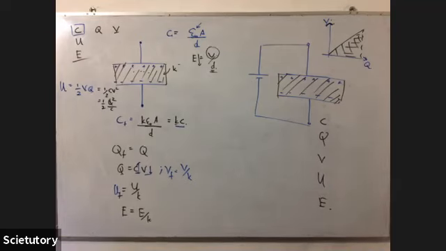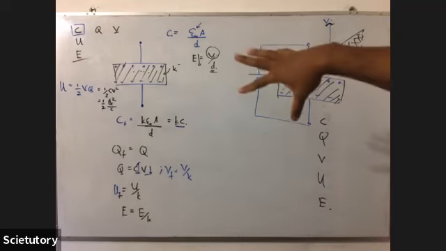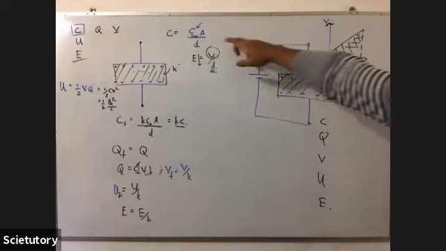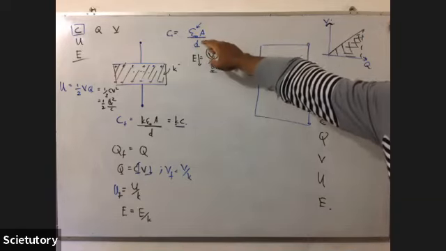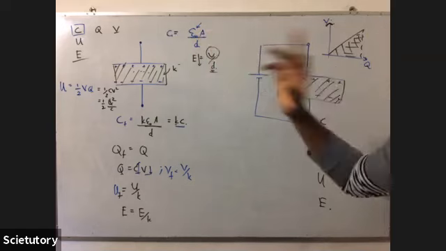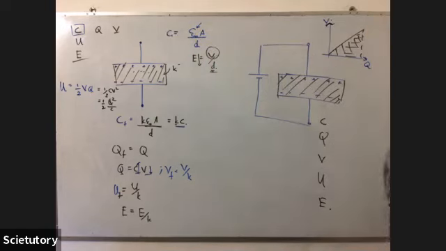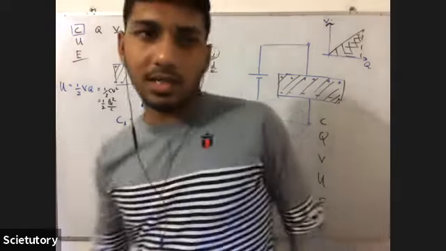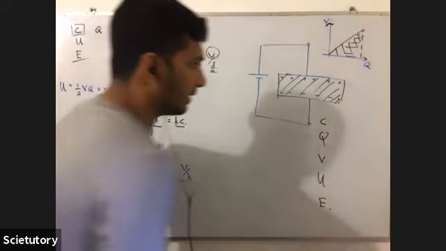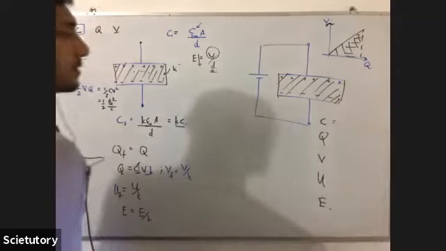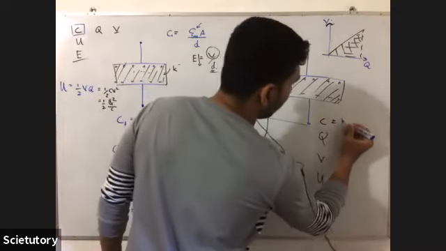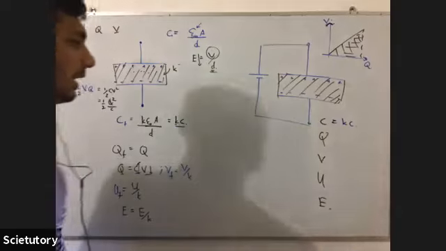Again, you can use these equations. What about C? C is affected by epsilon naught, A and D. A and D are not changed. So epsilon naught is going to increase. The new permittivity is K epsilon naught. So C will invariably increase whenever you put a dielectric substance. So now it is KC. By factor K, it increases.